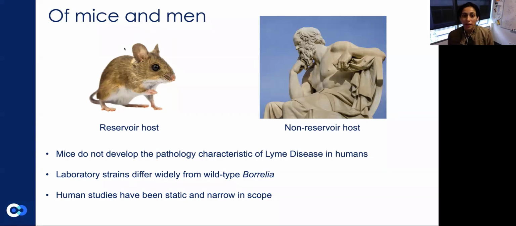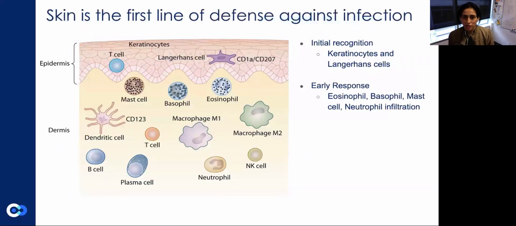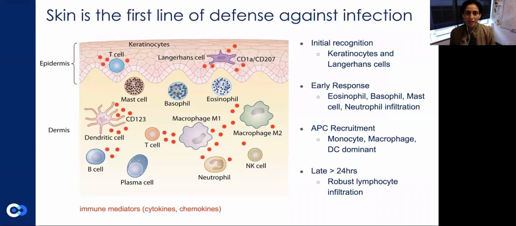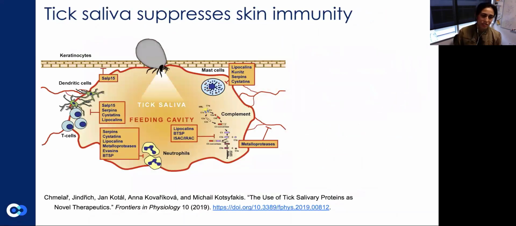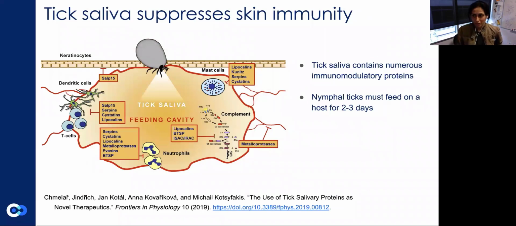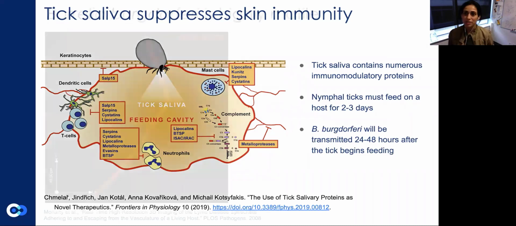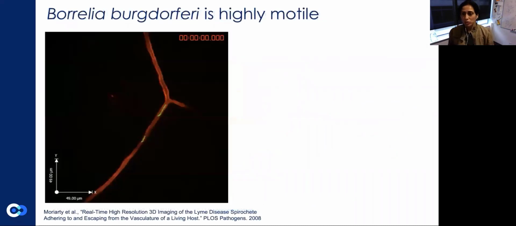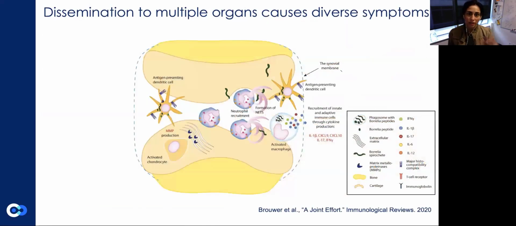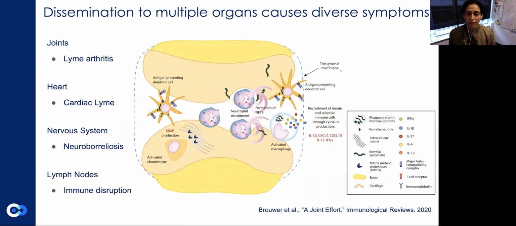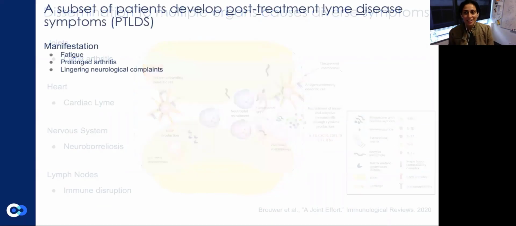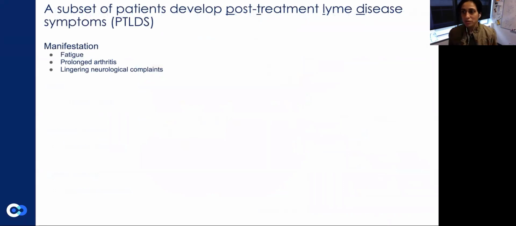So let's skip over this introduction and cut to the chase of what we actually went after. These introductory slides were mainly to tell you that the immune response happens at the site of the skin, that the tick saliva can suppress some of the skin immunity, and that Borrelia is highly motile. It can migrate through the blood vessels through these endoflagella and disseminate to joints and cause a wide variety of problems, essentially. And finally, a subset of individuals never actually resolve the disease,